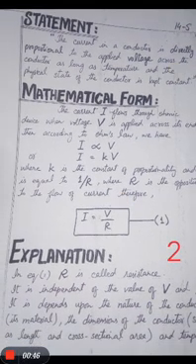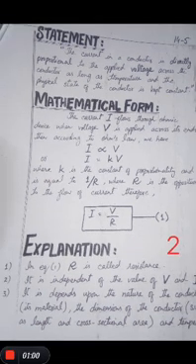The second point will be concerned with the mathematical form. As we know, the current I flows through an ohmic device when voltage V is applied across its ends. Then according to Ohm's law, we have I is directly proportional to V, or I is equal to kV. When we change the sign of proportionality into equality, we multiply it with a constant,